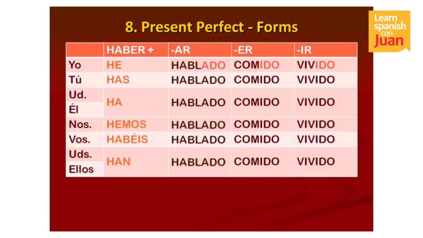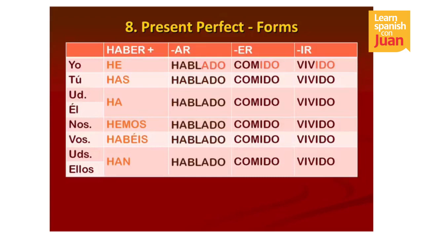So for example, on this slide we see we're talking about the present perfect. That's because haber is conjugated in the present. For the past perfect, haber is conjugated in the past. Future perfect conjugates haber in the future, etc. Okay. The conjugated form of haber then is paired with the past participle form of the main verb, which is the same, as you can see from this slide, right? We have hablado all the way down from yo to ellos, comido, vivido, run all the way down the subject